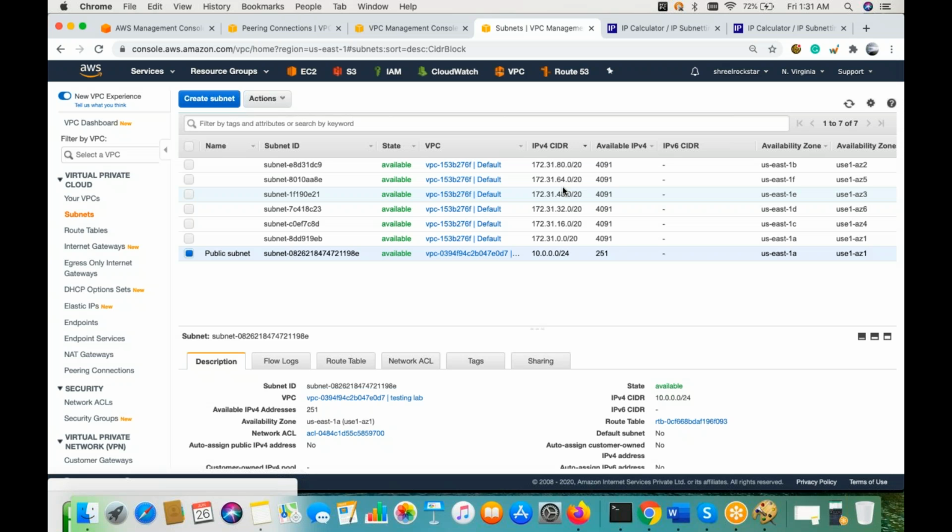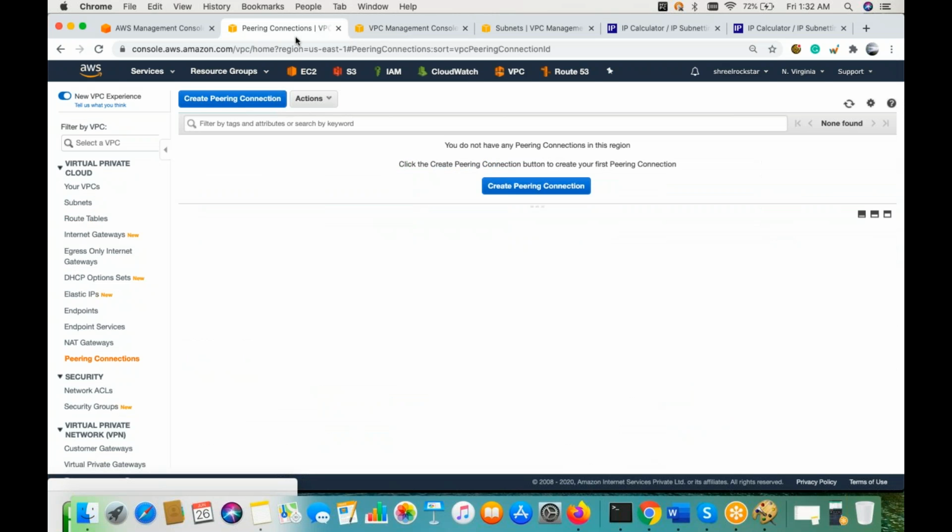Because a lot of times, guys, you will see this challenge. Management will ask you, hey, create multiple IP address ranges or multiple subnets for us. One is for dev, one is for QA, one is for UAT. But sometimes there is a requirement when I want to make a connection between my dev, QA and UAT, so they can communicate. In that case, by default you will not be allowed, guys. You have to create a VPC peering.